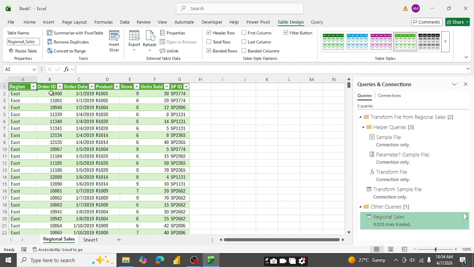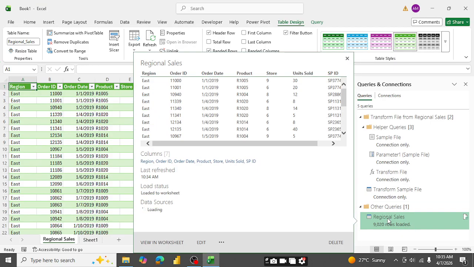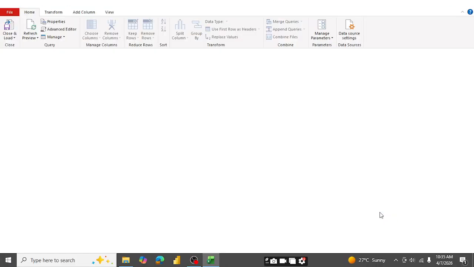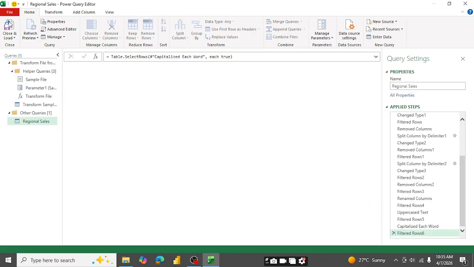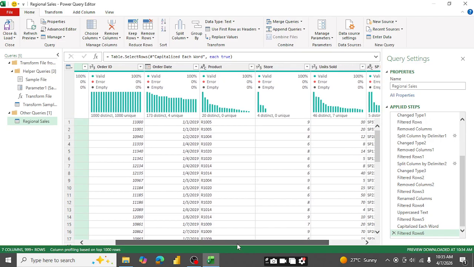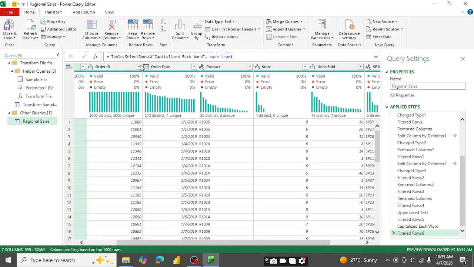You can go straight to the Power Query editor by clicking over here, at the right side, like queries and connections, and here it will appear. If you double click over there, it will straight away take you to the Power Query editor. Okay, now we have already done all the cleaning. We have checked the data set, like order ID is in whole number, order date is in date column,